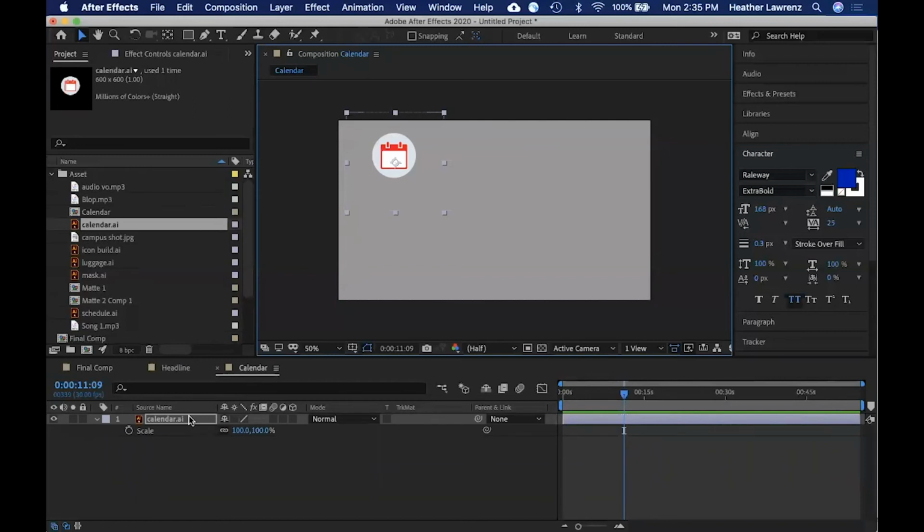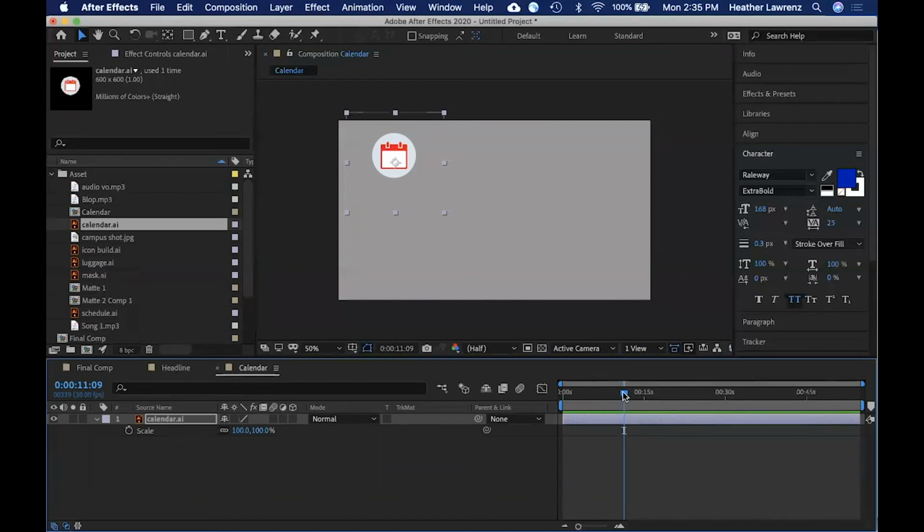And this is what I call the overshot technique. So I know that shortly after 11 seconds, I want this to be in full. We're going to give it a little bit of a bounce effect, okay? So we're going to have it start at 0. I'm at 10:30, my scale is at 0, so it's not there. And I'm going to go down just a little bit,